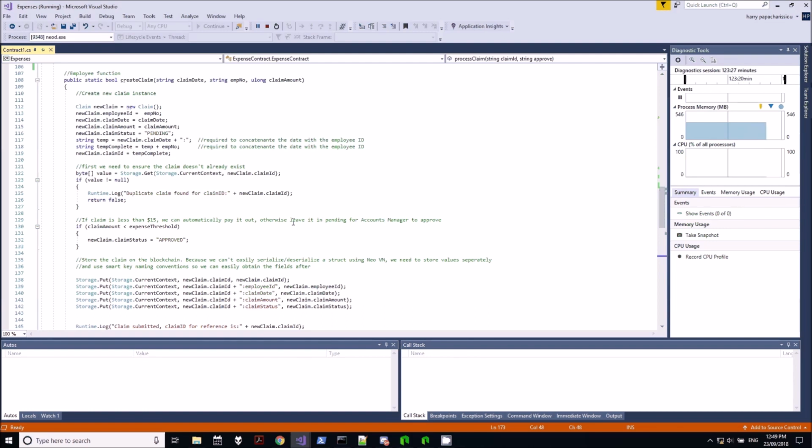In our next video, we'll take the next step forward in smart contract development using our claim example here, and we'll build on it, and we'll delve into other topics like calling smart contracts from other smart contracts, dealing with assets, and interacting with a smart contract from outside the Neo